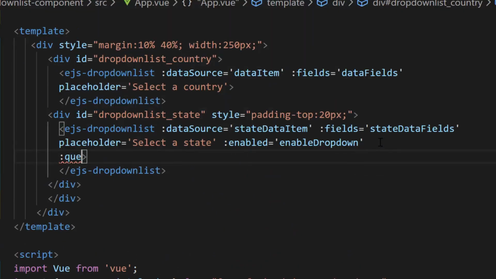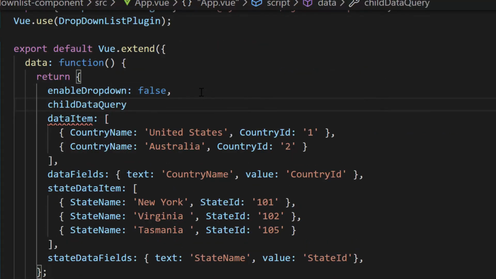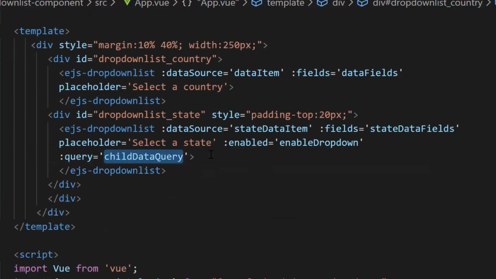I will also define a query property to state dropdown list and set its value as null at its initial load. For that, let me define another variable child data query with null value and assign it to query property. And I will explain about the need of this query property a bit later.